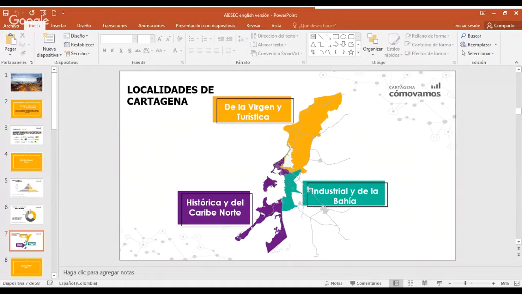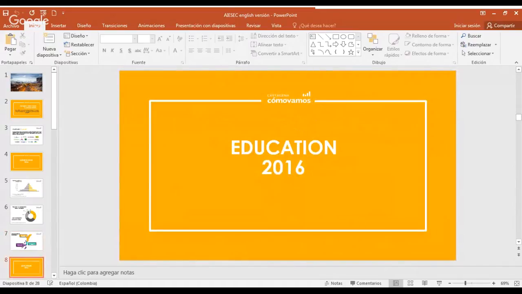The second one, de la Virgen y Turística, has the two most important bodies of water, the Caribbean Sea and the big lake called Ciénaga de la Virgen. It is the basis of tourism and recreational development. The last one, Industrial y de la Bahía, is the center of the industrial and economic sector of the city. And now we are going to talk about